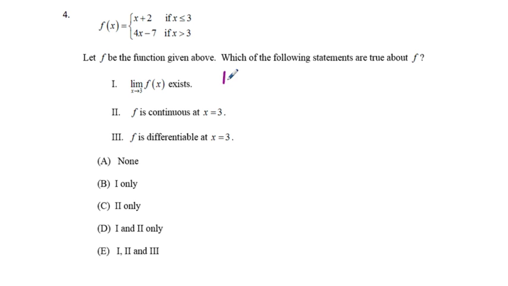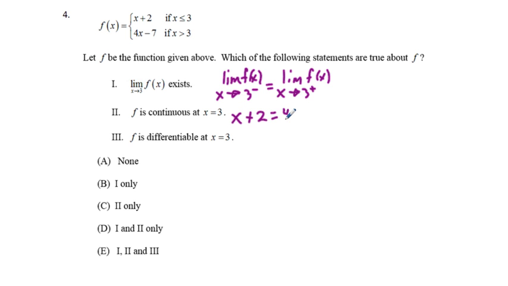Well, for the limit to exist, the limit as x approaches 3 from the left side of f of x has to equal the limit as x approaches 3 from the right side of f of x. And so we just take both sides. The left side is going to be x plus 2, and we set that equal to the right side, which is 4x minus 7. And if we substitute in 3 for each of these, we have